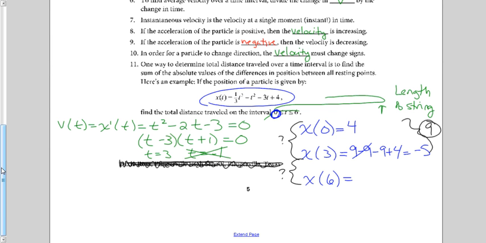X at 6. So I plug that into my calculator and hopefully I did it right. I got 27. Sorry, 22. So then I need to figure out how far the object traveled between negative 5 and 22. That total distance traveled there is 27. So between time 0 and time 3, the object traveled 9. Between time 3 and time 6, the object traveled 27, which means the total distance traveled